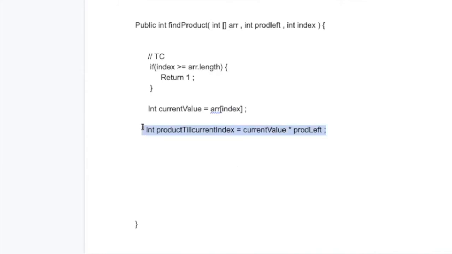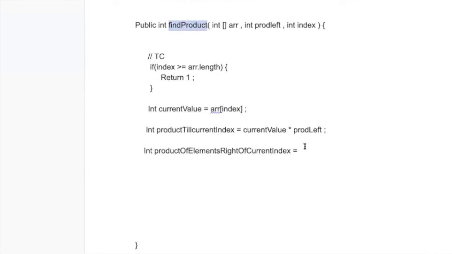Because I have the product till the left of the current index already provided as an argument, and if I multiply with the current value, I get the product till the current index, correct? Now I want to know the product of the elements right of the current index, and for this I'll use this method.